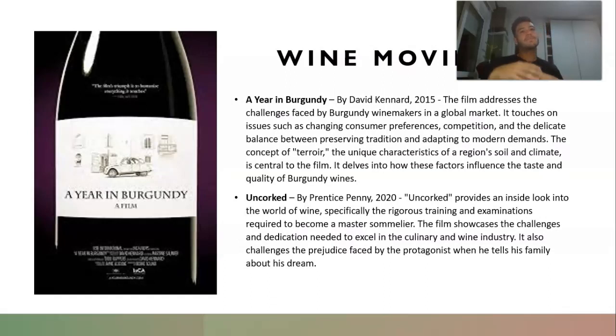So it pretty much talks about how a guy from Memphis has this dream to become a sommelier and experience the whole world, the wine world, how he's fanatic about wine and the prejudice he faces when he tells his family that his dream is to get out of Memphis and go be a sommelier, be an expert in wine. And then the story goes on, right? And then he finally achieves it. But yeah, it's very interesting to understand.